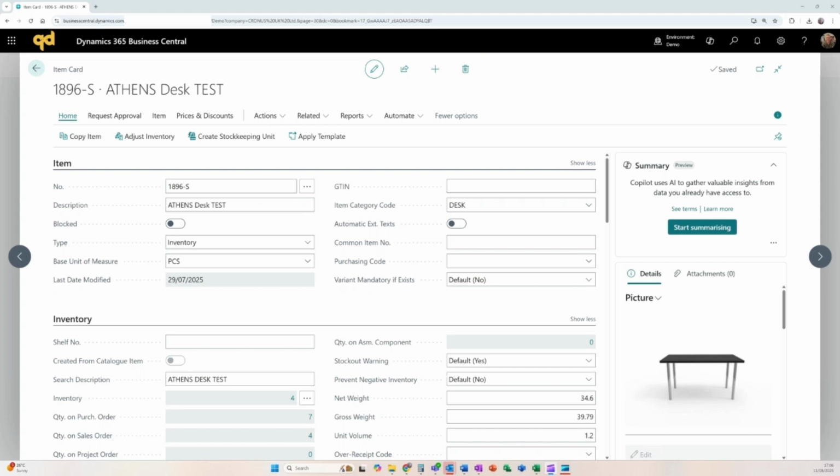So at the time I looked at it and it didn't appear that it worked, but on closer inspection, or maybe with the new release of it possibly, I found there is a way to do this. So I just thought I'd give you a quick video to show you how you can do this in your system. So I'm in a Cronus database here, and on this item, the Athens desk,